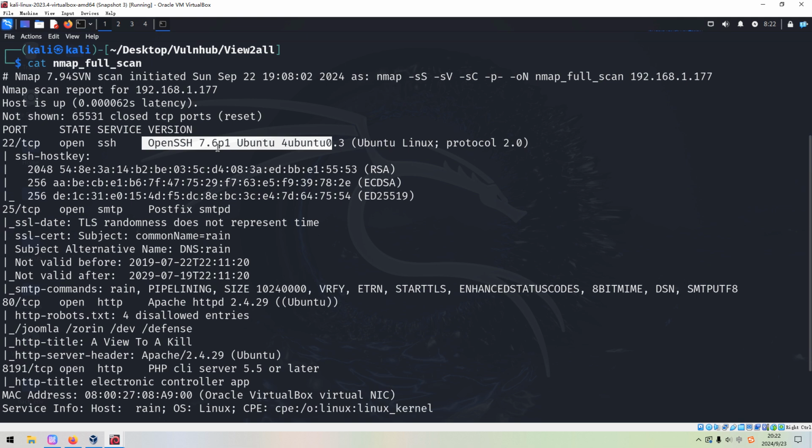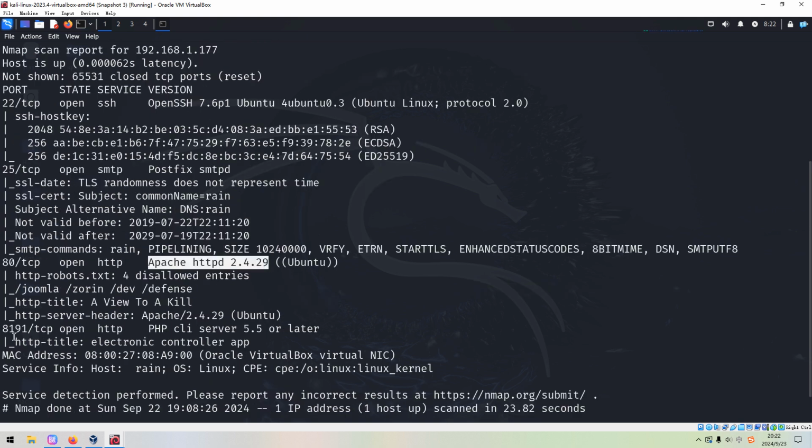Although this version is not updated, I don't think we can find any vulnerability. Okay, so the next one is 25, which is running the SMTP service. Usually we cannot get anything useful from this service.